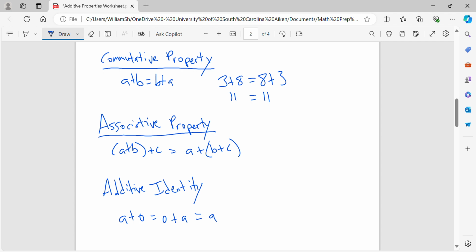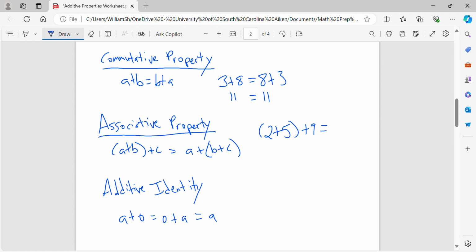The associative property of addition is simply A plus B, parentheses, plus C, is the same thing as A plus, parentheses, B plus C. So basically, the order in which we add these three terms does not matter. So addition is also associative, which means that when three or more numbers are added together, the order of operations does not change the result. Okay? So, if we use a real world example here, if we said, parentheses, 2 plus 5 plus 9,